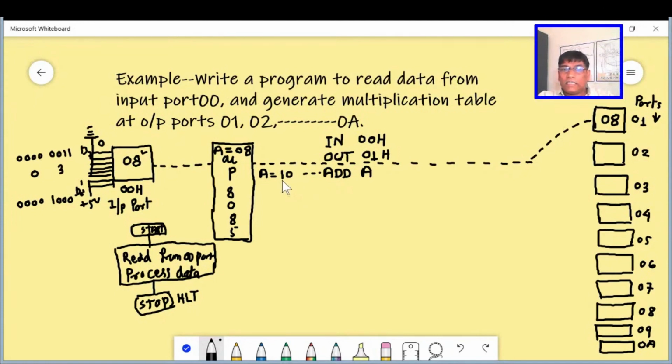1 is 16, 8 plus 8 is 16. In hexadecimal, it will be 10H. In decimal, it is 8 plus 8, 16. So after the ADD operation, it will not be displayed. We have to write one more instruction, OUT 02H, and after executing this instruction,